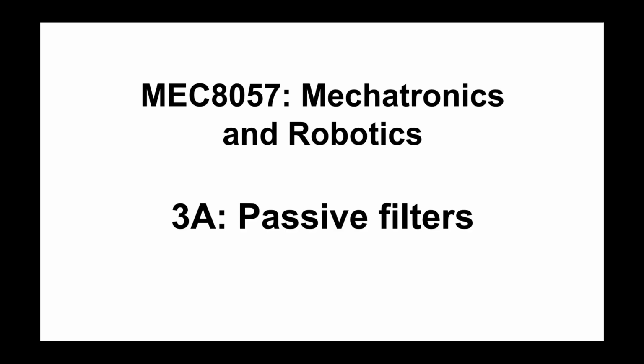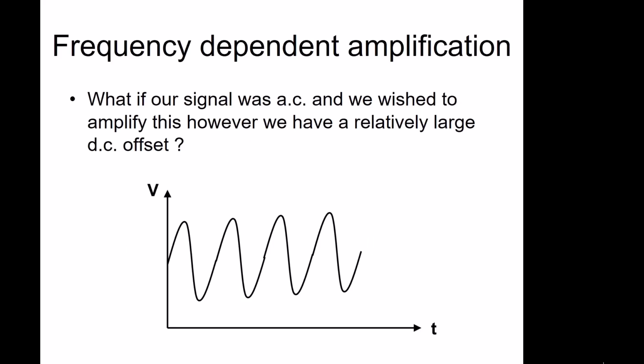So the first topic today and the first video is on passive filters. So imagine we have a signal. So this is our signal here. It's an AC signal, but it's got a DC bias to it. And we wish to amplify this. So if I just sketch this here. If this is our maximum level we can achieve, and our signal, AC signal, is up here somewhere,